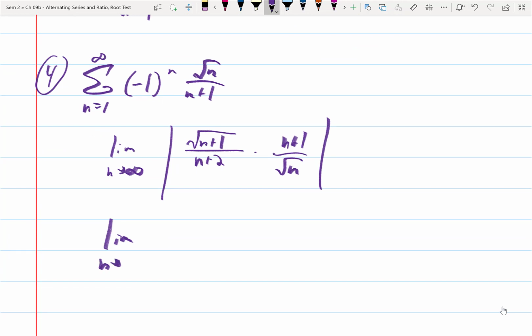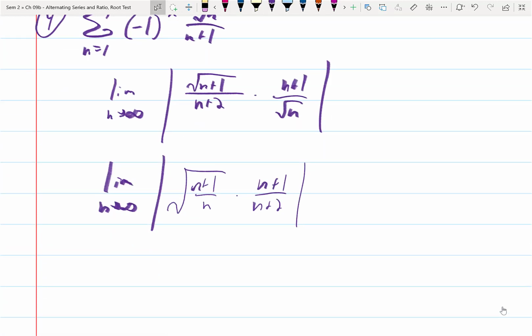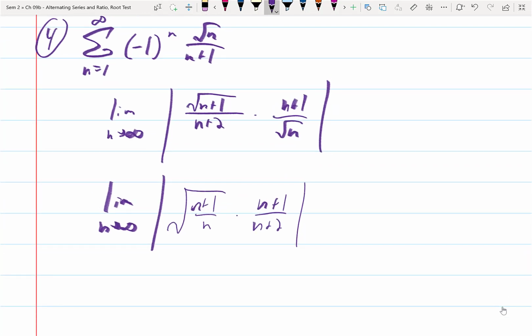Then I get the limit as n approaches infinity of the absolute value of the square root of (n plus 1 over n) times (n plus 1 over n plus 2). This is the ratio of leading coefficients everywhere. If I look at that radical, it may look like that's the same as what we did up above, but it's not to the nth power. That's not there, so this is not e. That's just the square root of 1. This is radical 1 times 1,